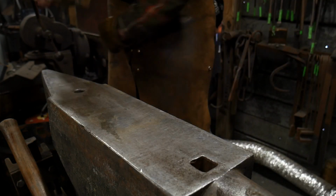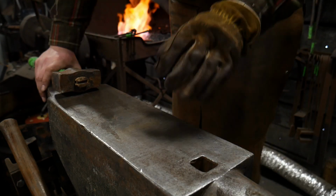So I will go ahead and get this hot again, and while that's getting hot and I'm getting ready to punch through again on it,